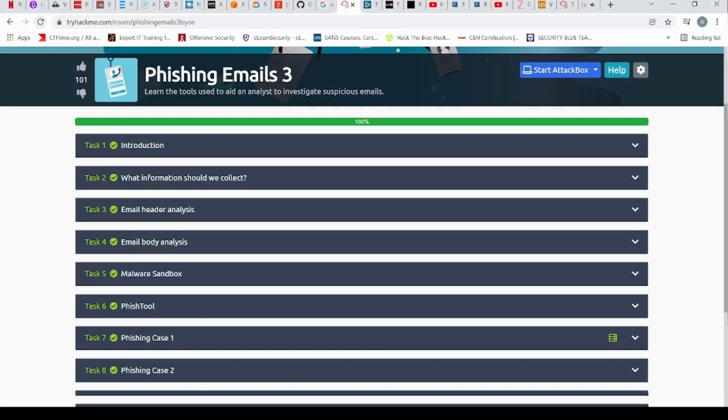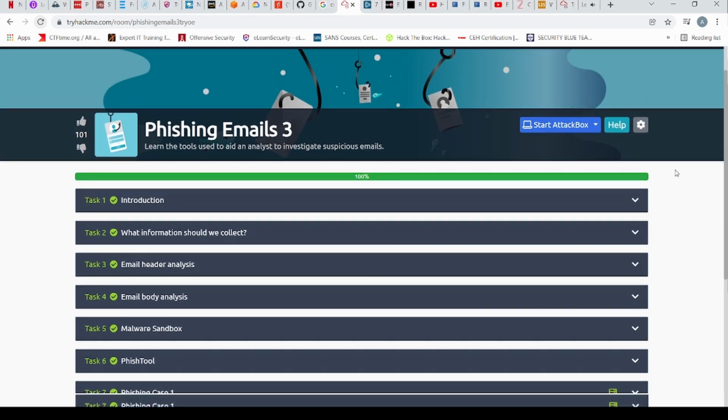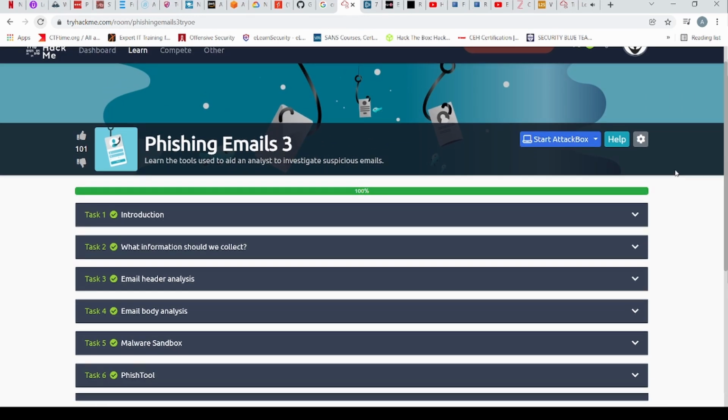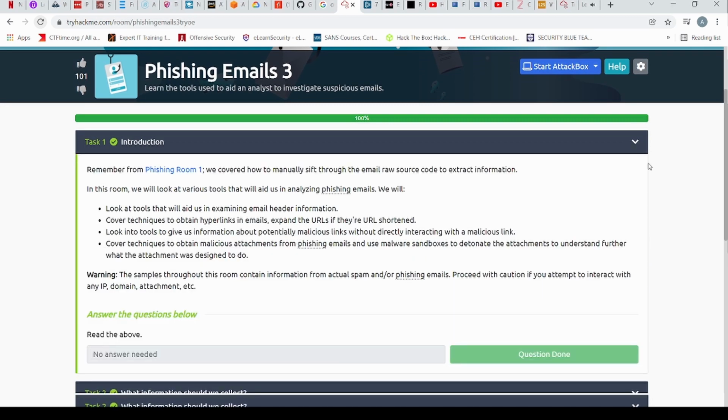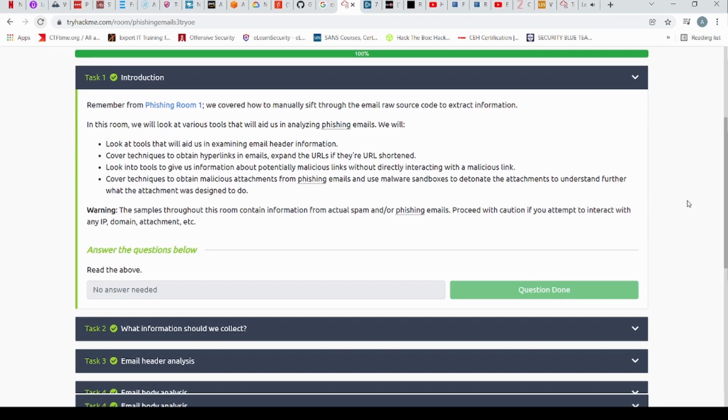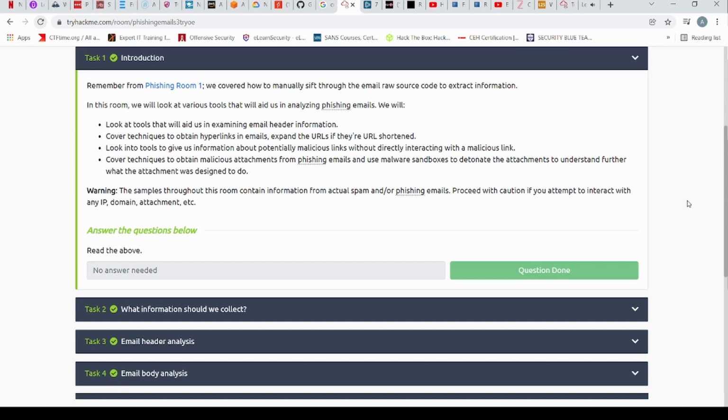In today's video, we'll be doing phishing emails 3. So we've already done phishing emails 1 and 2, so 3 is obviously next. Remember from phishing room 1, we covered how to manually sift through email raw source code to extract the information. So in this room, we will just look around at various tools that will help us in analyzing phishing